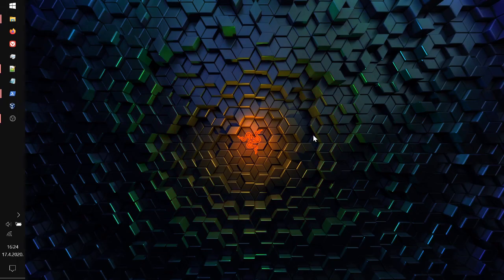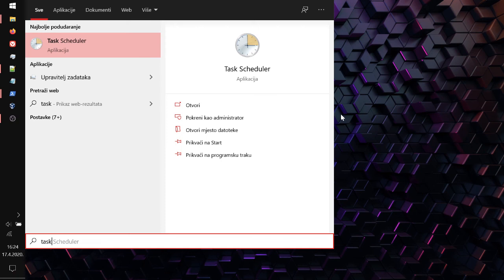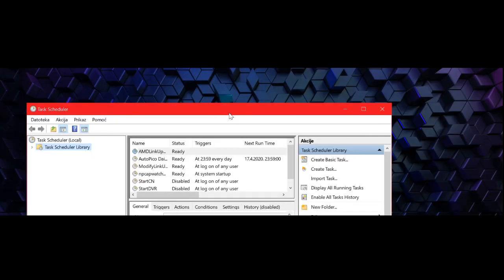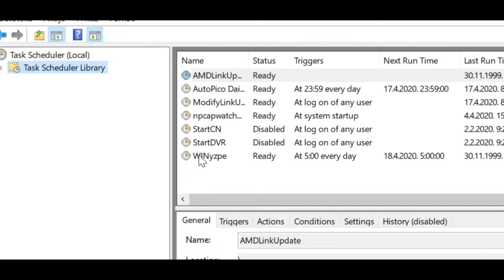So does this mean we have the test scheduler set up? Yes, it does. And let me show you how. So press the Windows key, write task, and there is the task scheduler. So enter it. And if we take a look at the test scheduler library right here, we're actually going to notice that we have